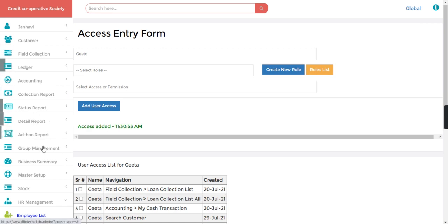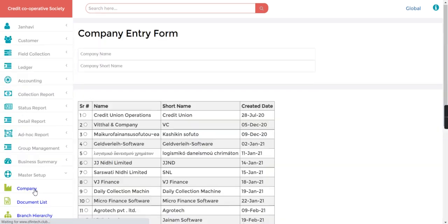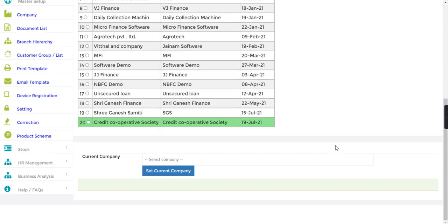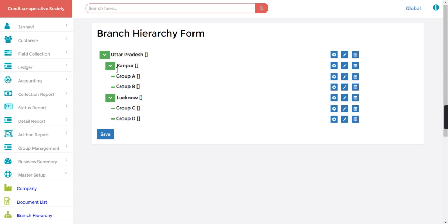So the collection, the master setup company creation. After that, if I go to the branch hierarchy, we have seen how to create the branches.